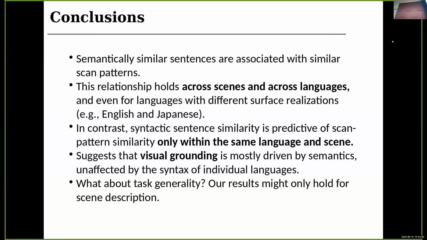Thank you so much for the very interesting talk. I'm Jixin Li from City University of Hong Kong. I was just wondering, if the finding is that semantics is associated with scan patterns, does that mean that semantics cares about the order? Because we know that you can use passive voice or active voice, but the meaning of the sentence is the same, right? So why does it correlate with the sequential order in which you look at the objects?